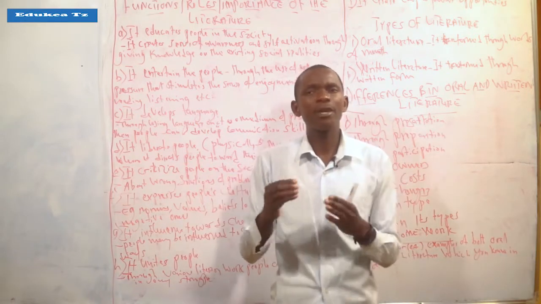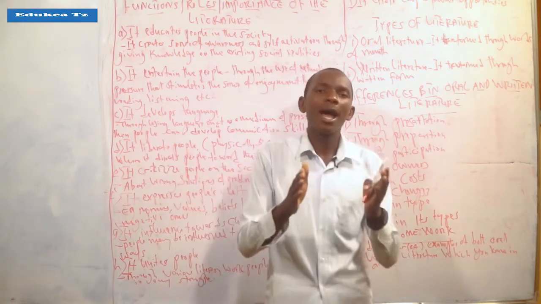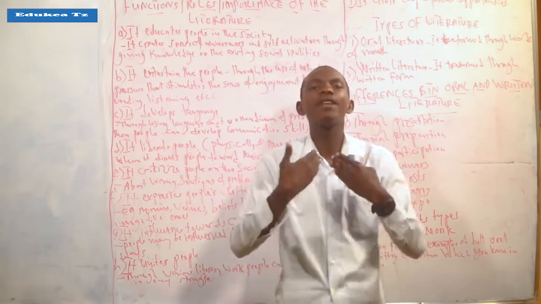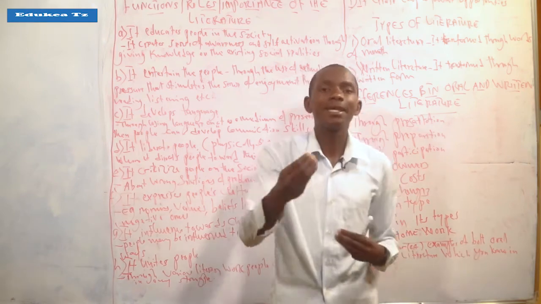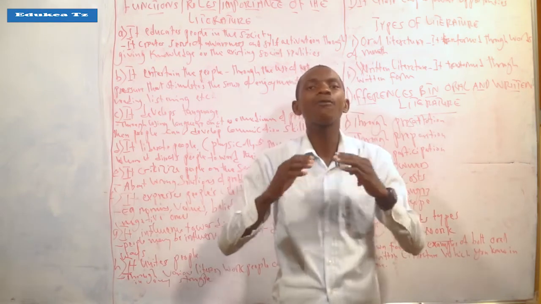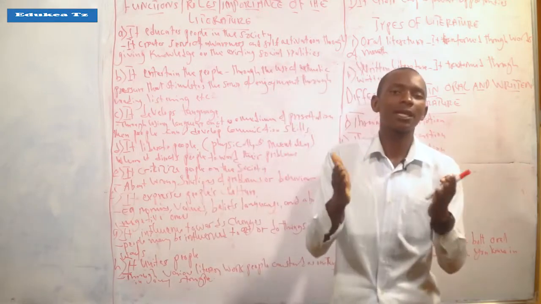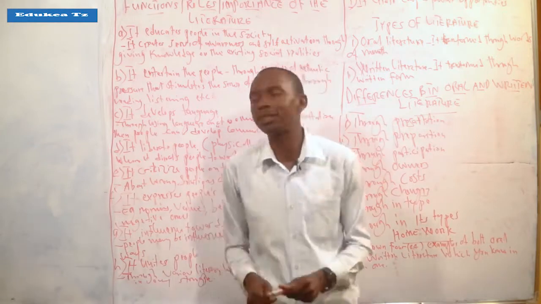That's why if you have been affected by any disease like HIV and AIDS, there are a lot of possibilities that can enable me to continue to live. That's why that expectancy which you may get can come directly from any kind of literary work. So that makes us say that literature liberates people in the society.